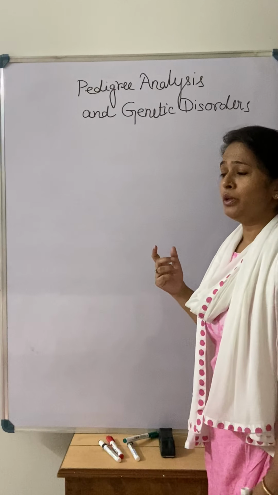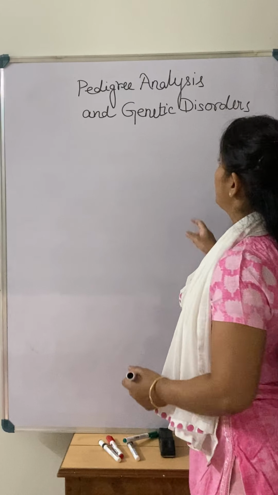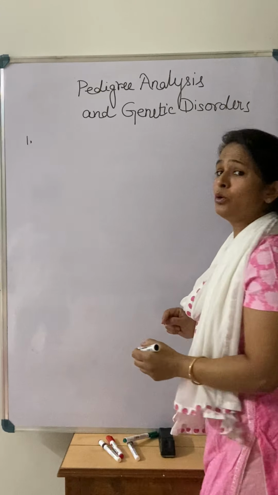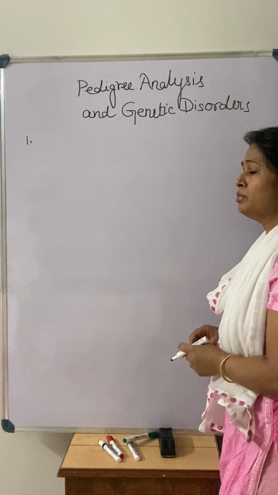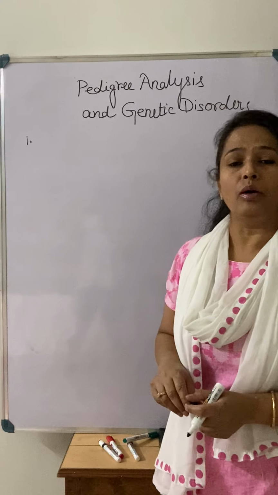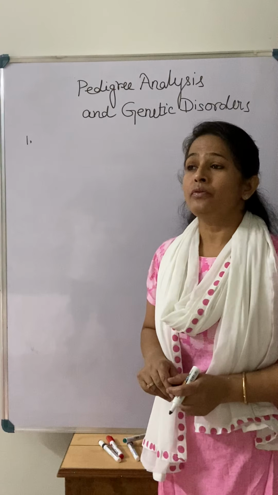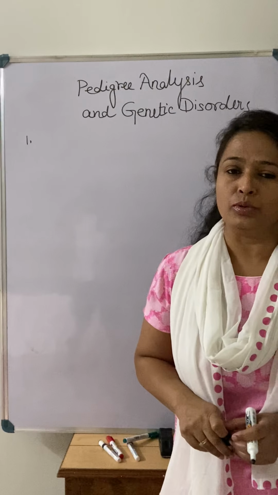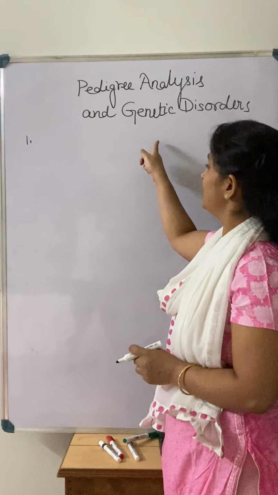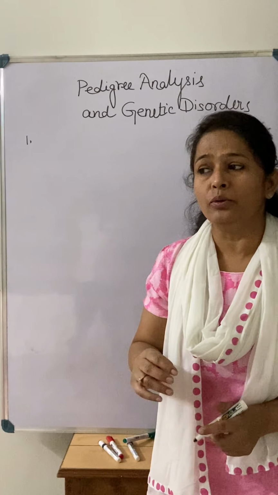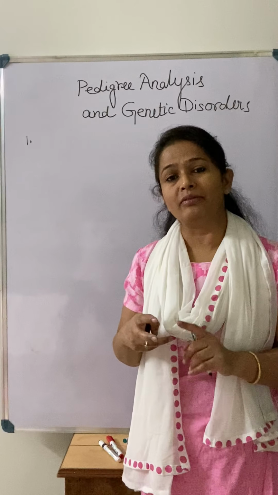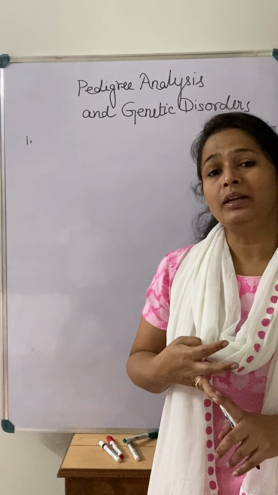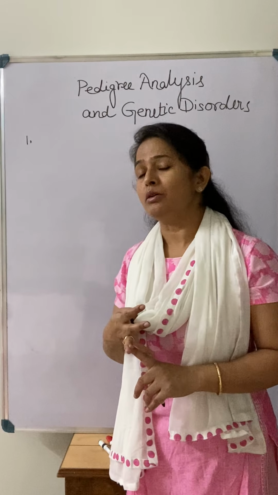In the previous module, if you remember, I told you there are 3 or 4 types of disorders. When we talk about the disorders, they are related to the chromosomes, and chromosomes are of 2 types, as you know very well: the autosomes and the sex chromosomes. So when we talk about genetic disorders, it means the disorder is also concerned with those chromosomes, right? There are the 4 types of disorders that I have told you: autosomal dominant, autosomal recessive, then sex-linked dominant and sex-linked recessive. Along with that, I have told you about the diseases related to these.